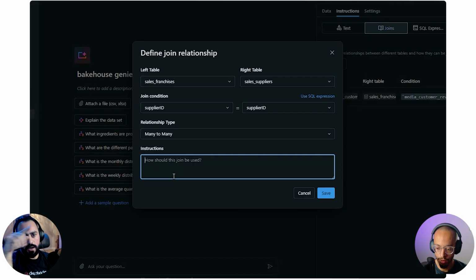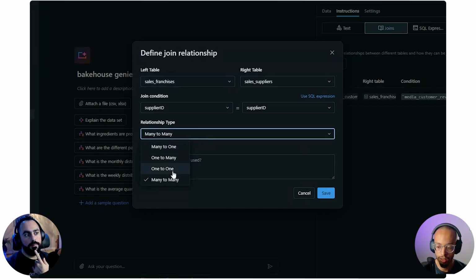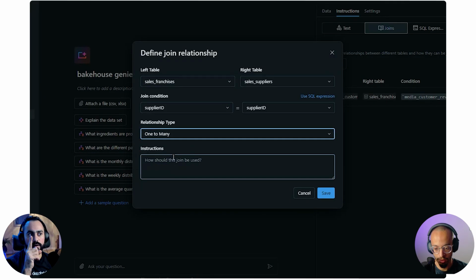Or maybe only one. A single franchise will have a single supplier. It depends on the data, it's a data-specific thing, but I believe it's one-to-many, because one franchise will have one supplier